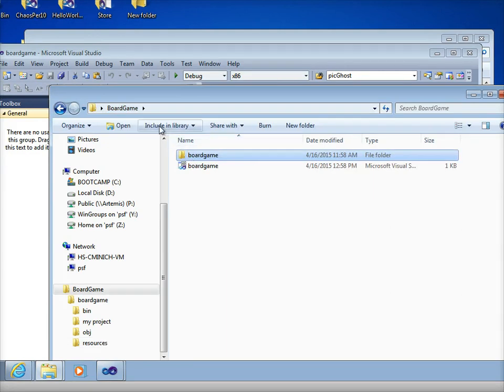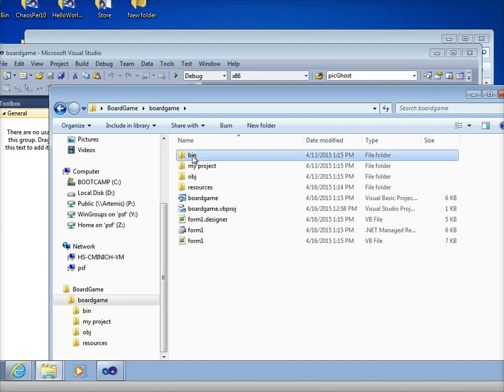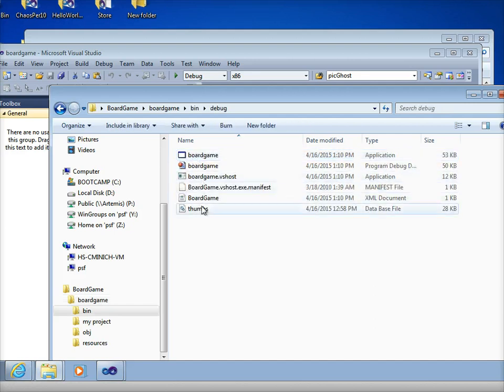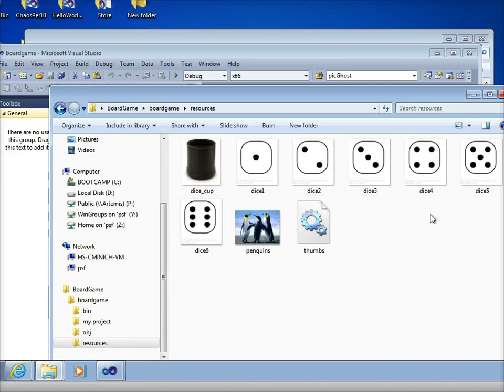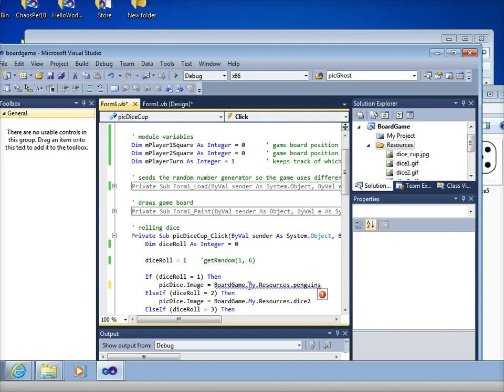So what I just did was I'm opening my resources folder that's part of my project. You know how in the old days we used to go to board game and we double-clicked and went to bin, debug, and that's where we put sound audio files? Well, instead of going to bin, debug, we go into resources. That's where you would put your picture. Well, I see they did that. It did get added in there,